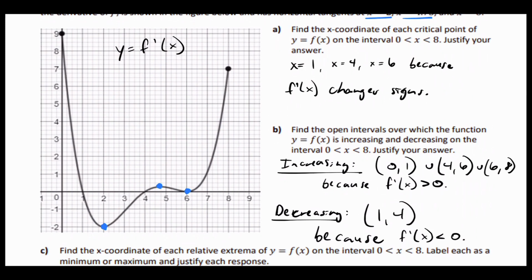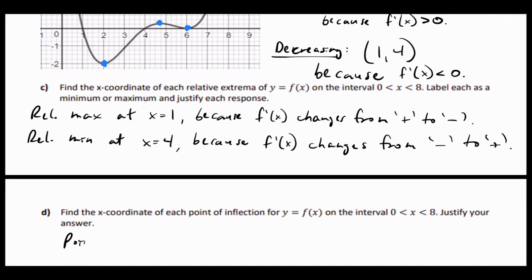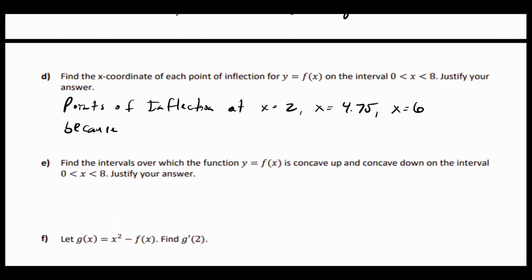Okay. Let's write this down. Points of inflection at x equals 2, x equals 4.75, x equals 6. Because